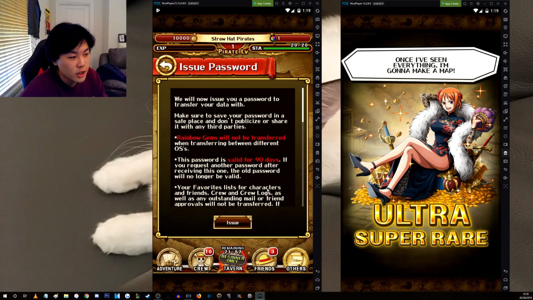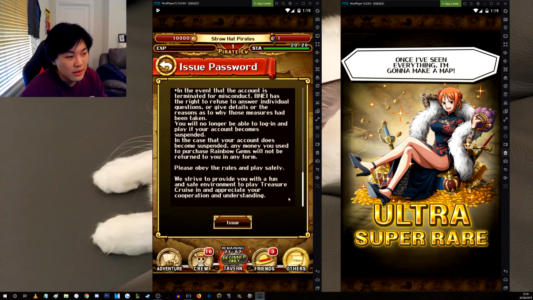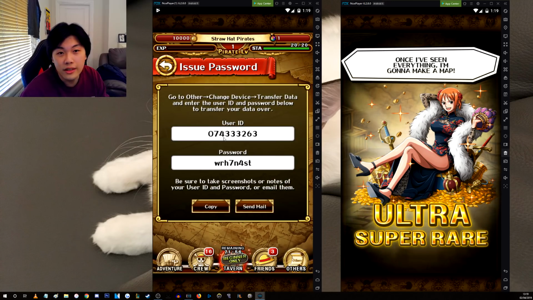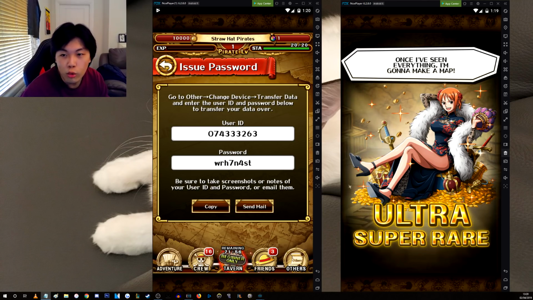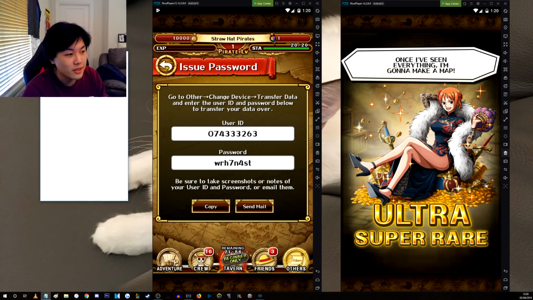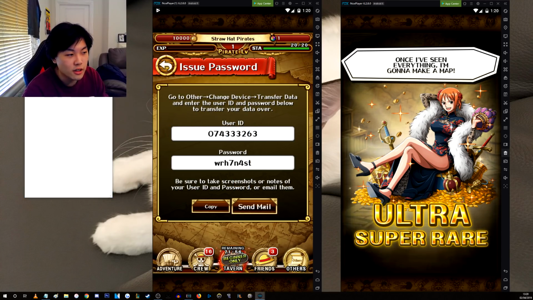Now what you want to do is issue password, read that if you want to, and then just issue, and then what will happen is you'll get this user ID and this password. Click on copy, open up a notepad. So I have notepad or Word document, whatever you want to do, and then just Control V and you'll have your account saved right there. You can send mail as well,